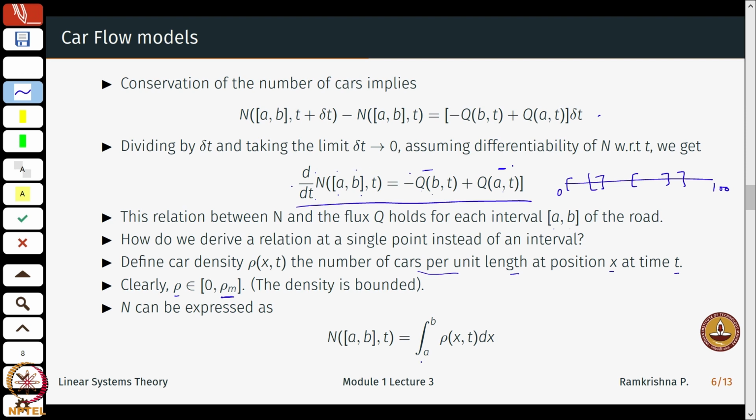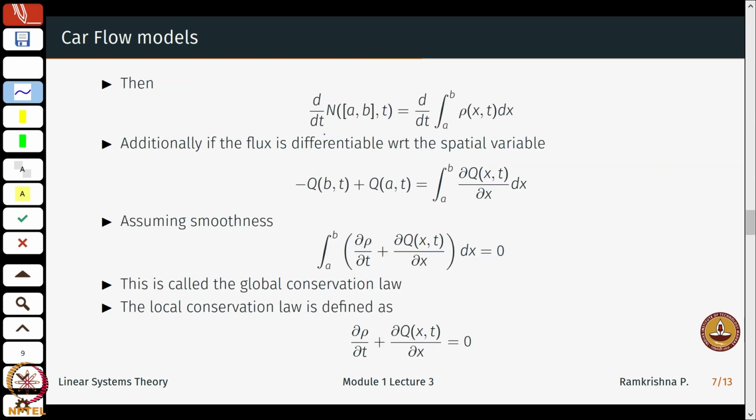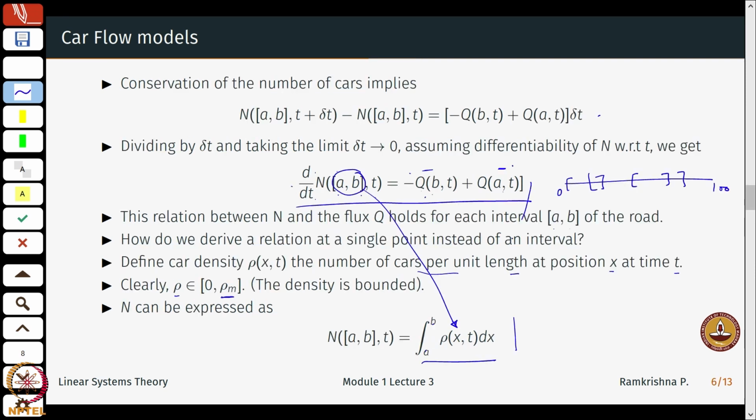Okay. Now, if I define density, I can then write down the number of cars in the interval a b at time t simply as a function of density. Right. This is again from physics. Okay. So, now I can relate these two expressions also now to the density. So, what do I eliminate here, right. So, this a comma b can be written more generally here, and this a comma b can be arbitrary anything now. Okay. So, the rate of change of cars in the interval a b at time t can be rewritten in terms of the density. This also is related to this.